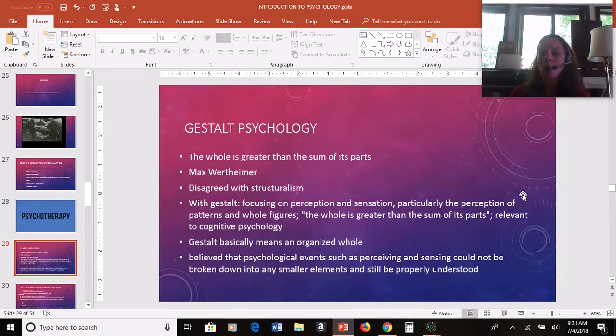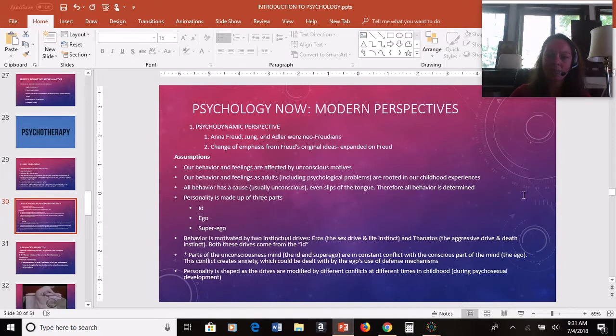So it's taking that overall view. It was created by Max Wertheimer, and so it was largely against structuralism, but like I said, the main reason why I focus in on it for a minute is just to get that idea in our head that even in the early days of psychology, we're seeing these perspectives of being more holistic in the way we go about trying to understand and engage human thought and behavior. Okay? So, alright, so like I said, modern day, we have multicultural psychology, we have positive psychology,